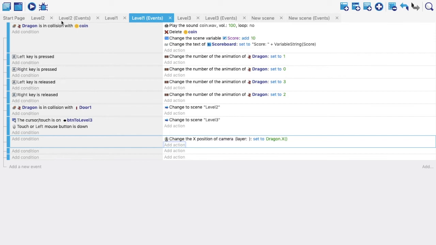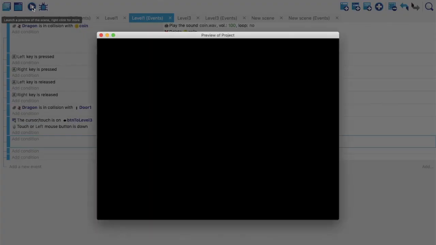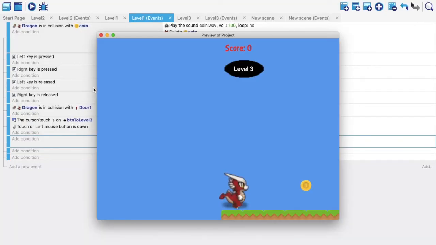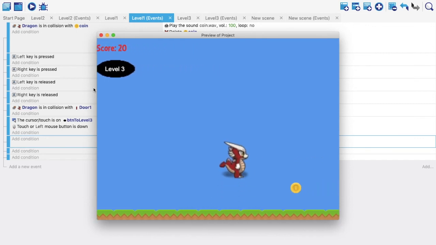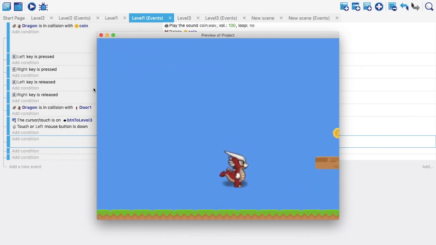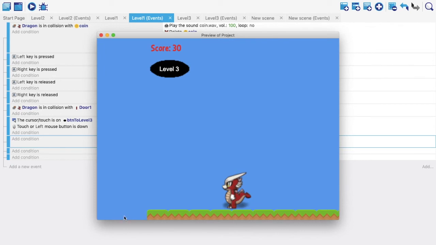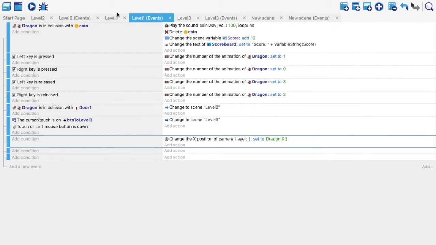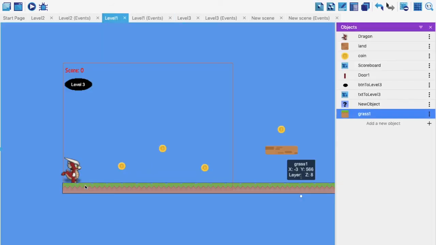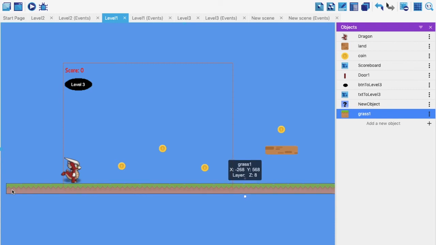Now let's see if this works, or still our grass is floating in the air. So okay, it's not floating in the air, and also there is a parallax effect, as you can see. But the problem is there was a bit of space in the beginning over here, which you all might think doesn't look great. So what we can do is, there's a trick for that. I'll just quickly show you. You can simply go back here and pull this little extra behind like this. So there will be no blank space in the beginning.